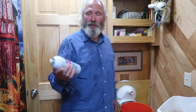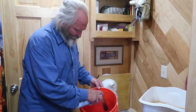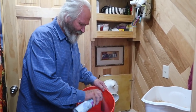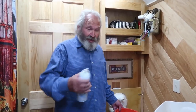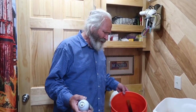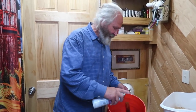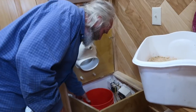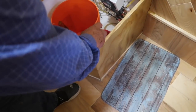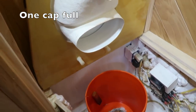Okay, so we use Pursue spray. It's just a disinfectant, and we just spray the inside of this each time I wash it out. And I don't do this every week. Sometimes I just exchange the product depending, and probably about every 2 to 3 weeks I'll go ahead and clean this bucket out. And then that does it right there. Now I can set it down inside of here. I also just spray a little bit in there,